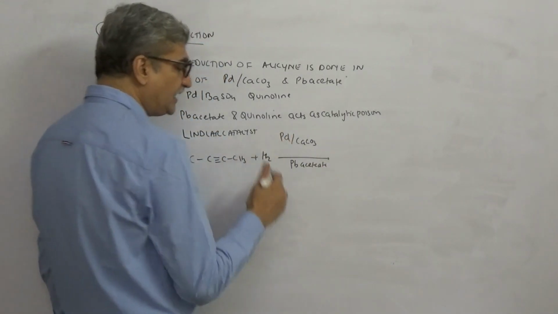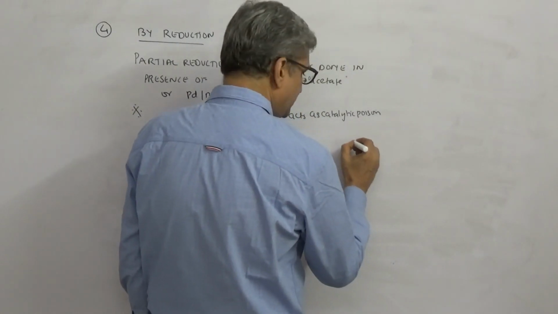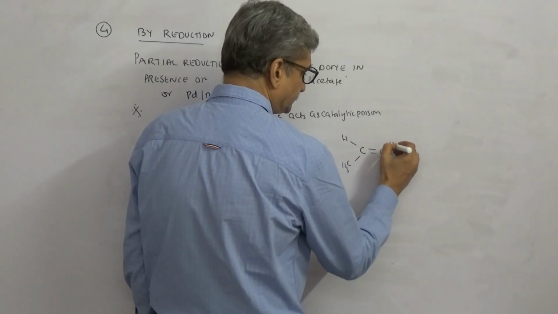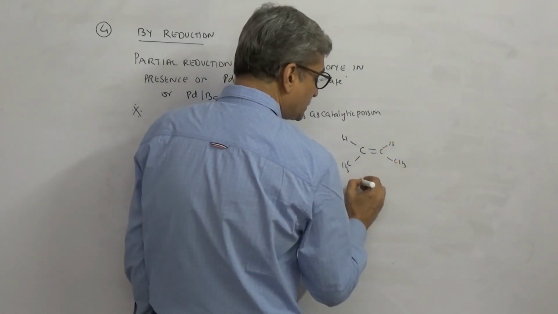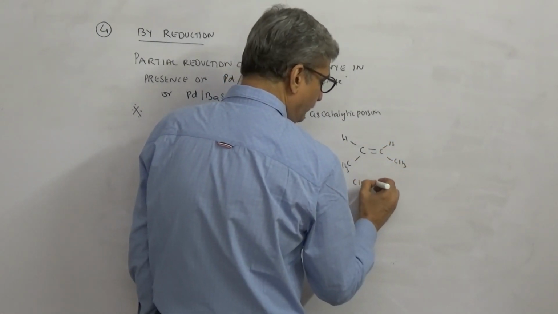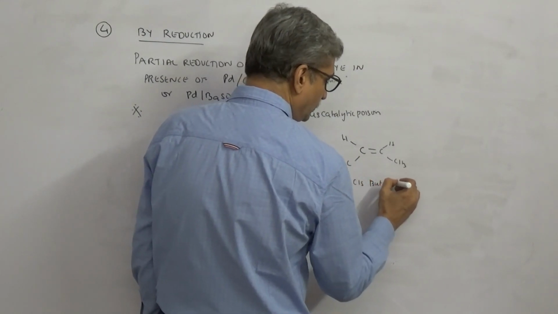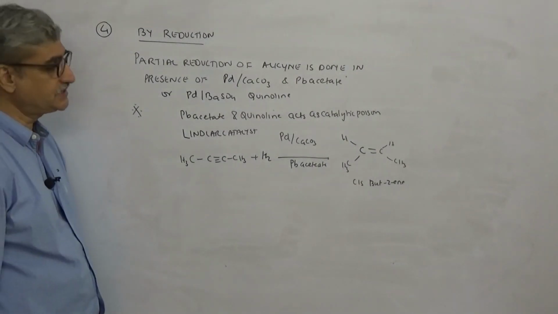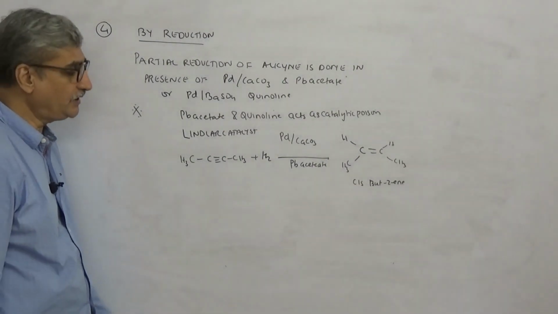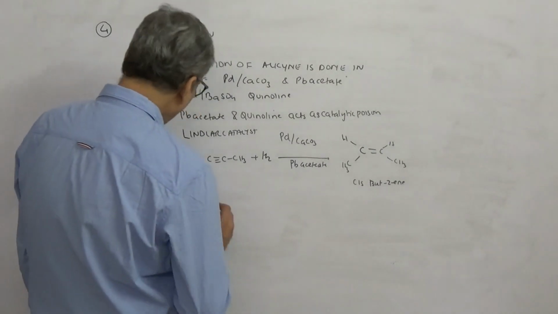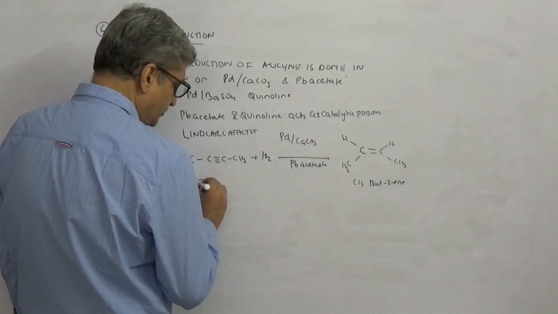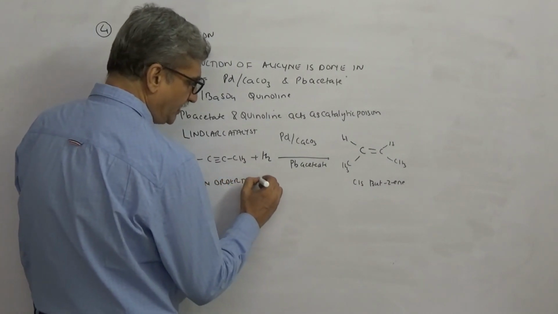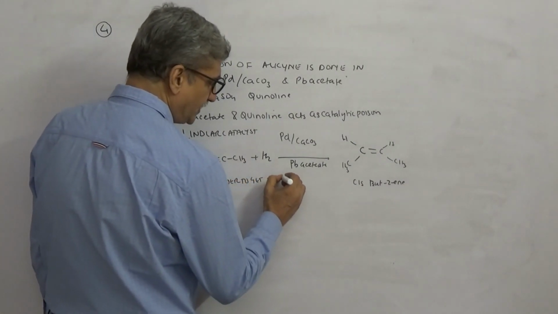So with Lindlar catalyst, you will always get, in this case, cis but-2-ene. So what I'm trying to tell is, with Lindlar catalyst, you will always get a cis isomer. What if you want a trans isomer? Then you change the reducing agent. In order to get the trans isomer,